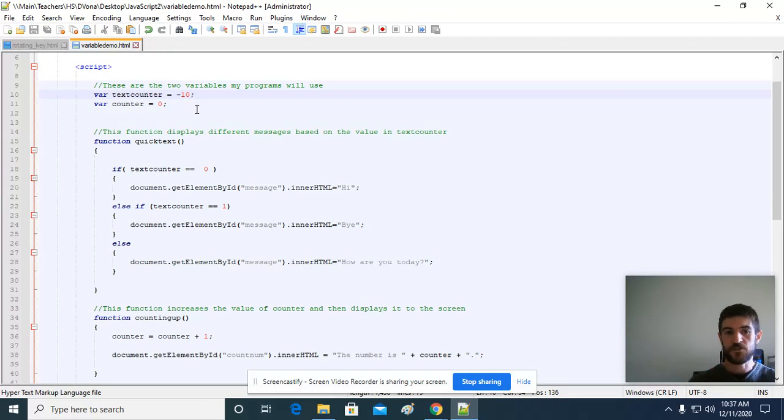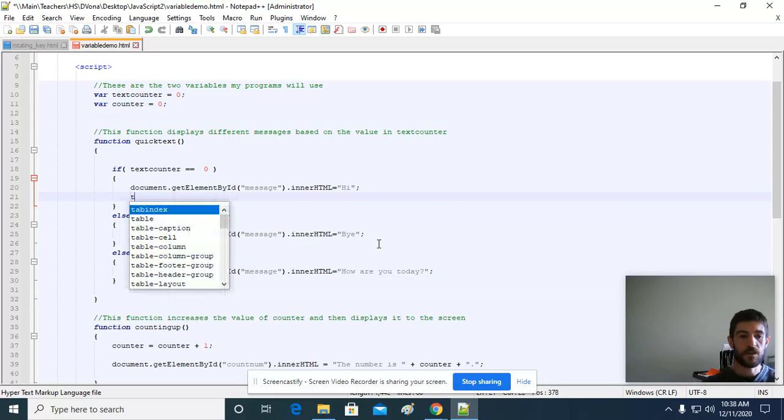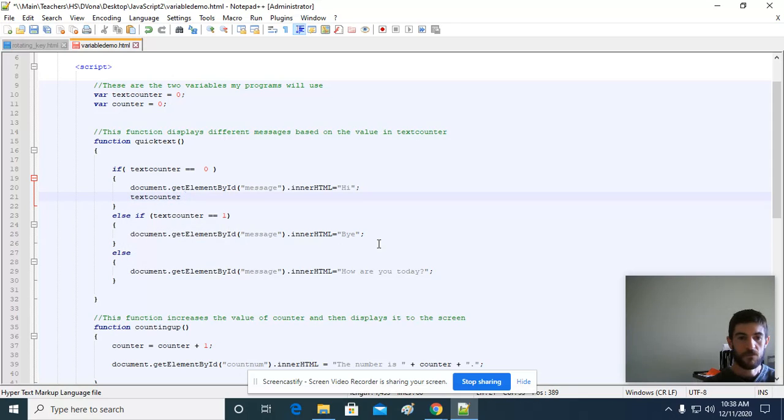Now, this is great, but most people aren't going to go in and change the code to get different messages. So what we're going to do is modify this so that it automatically changes each time. So we have this variable text counter, starts off at 0. So the first time they click on the button, this if statement is true, and we change the message to hi. What we're also going to do is change text counter